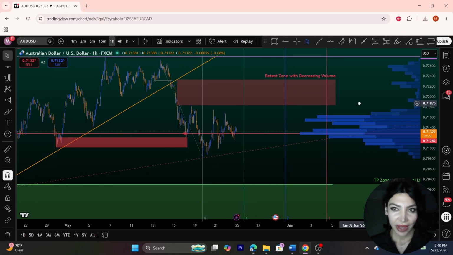So the key takeaway from this AUDUSD setup is not about predicting the market or trying to catch the exact top. It's about understanding when market structure begins to shift, recognizing where institutional liquidity is likely positioned, and using volume to confirm whether buyers or sellers are truly in control. In this case, the combination of structural weakness, declining bullish participation, and reaction from the sell zone provided the confirmation